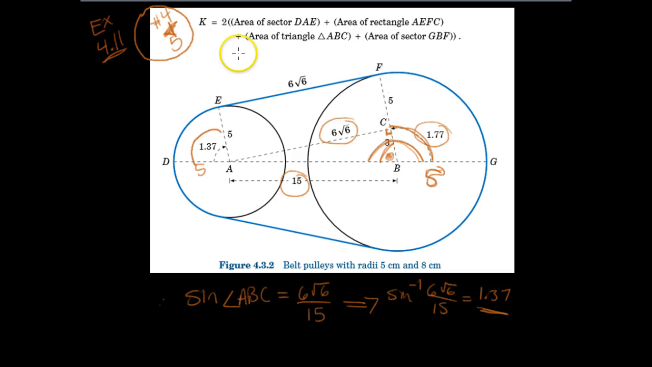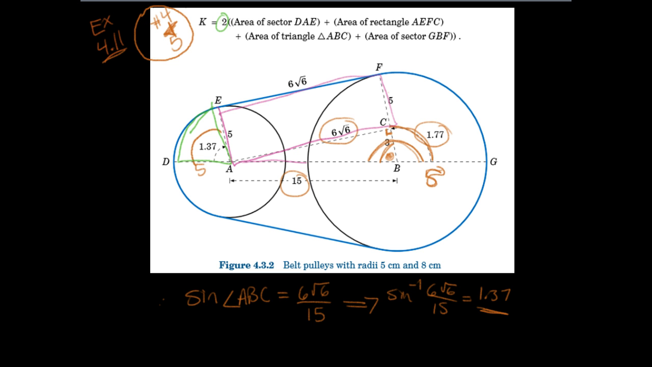And so they break it down for you. They say, I just need to find the upper half of this. And if I find the area of this sector right here, plus the area of the rectangle, which you can see, that's just length times width right here. So 6 root 6 times 5,